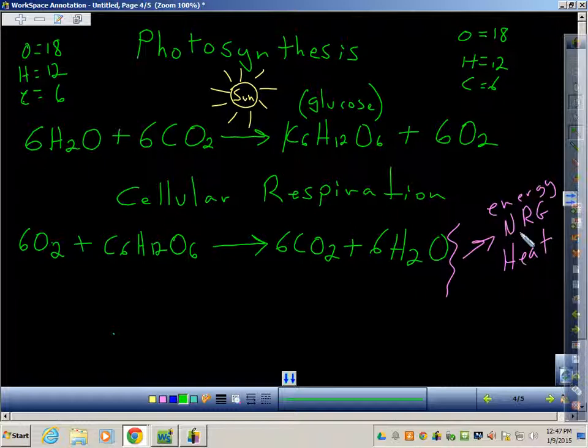This doesn't go in a circle. The energy doesn't. We give it off as heat, and then it's gone. We don't destroy it, but you can't just take heat back in the form of glucose. I can't eat heat. It'd be kind of cool if you could, but we can't eat heat. We need to go back to the autotroph to get more glucose, or something that's eaten the autotroph to get